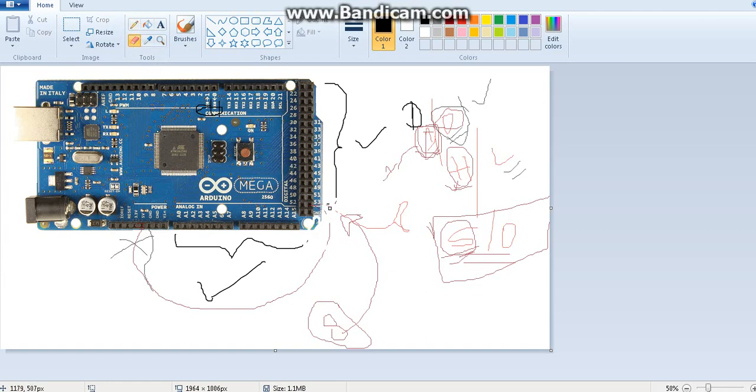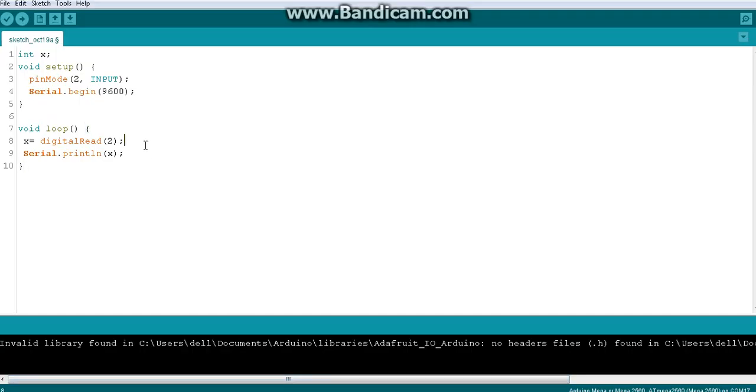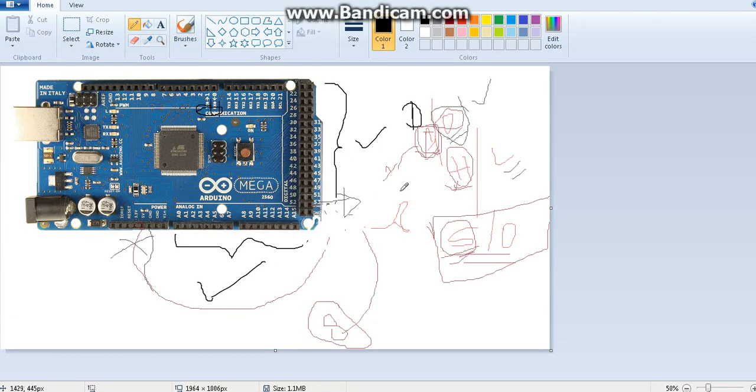Let's say I am not connecting any wires to pin number 53. Nothing is connected. So now if you read the value of pin number 53, that means you take your Arduino without any connection and read the value of a particular digital pin. What will it be, 1 or 0? There's a problem, right? Because we didn't connect 5 volts, we didn't connect ground, so it's not high, it's not low, we don't know.